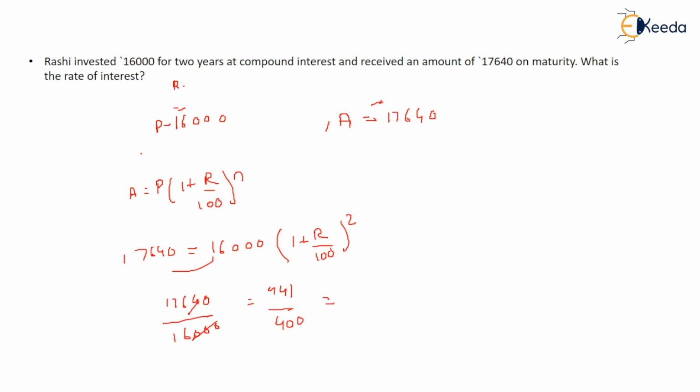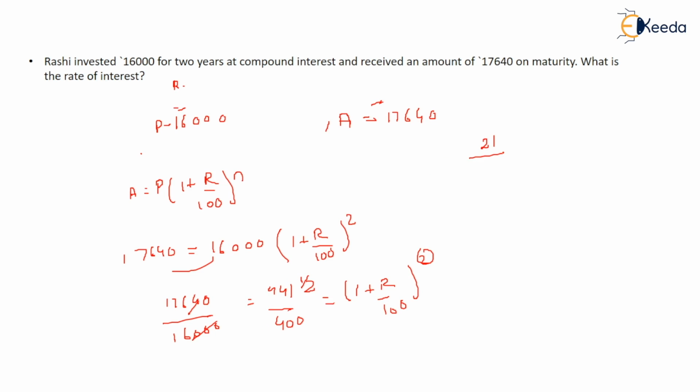Okay. This is equivalent to 1 plus R upon 100 raised to the power square. So you can simply solve this. After this is power square, so after coming to this side, it comes out to be 1 by 2. So 1 by 2 means you have to find the square root of it. The square root is a separate video I already uploaded, how to find out square root or cube root. So you can see that video in order to identify.